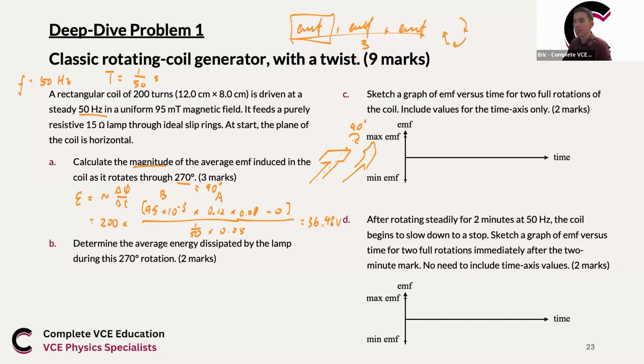The average energy dissipated by the lamp during this 270 degrees rotation. In VCE, there's one thing you should pay attention to. If you get a wrong answer here and use it in the next part, they should still award you marks for the correct substitution and the answer. We call this consequential marking. It is very important. Even if you miss one question, give it a go. You can use literally any answer from the previous part and still guarantee to get all the marks